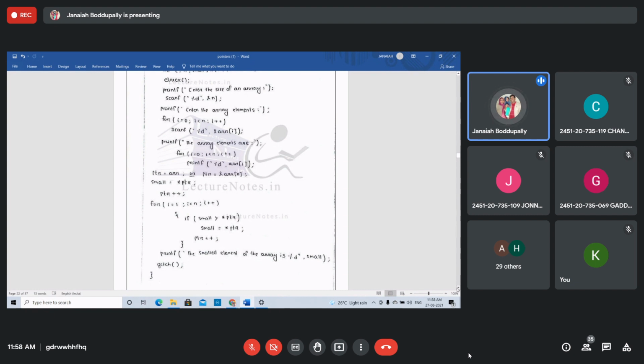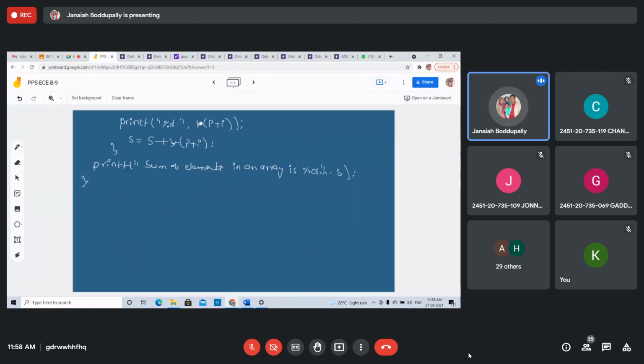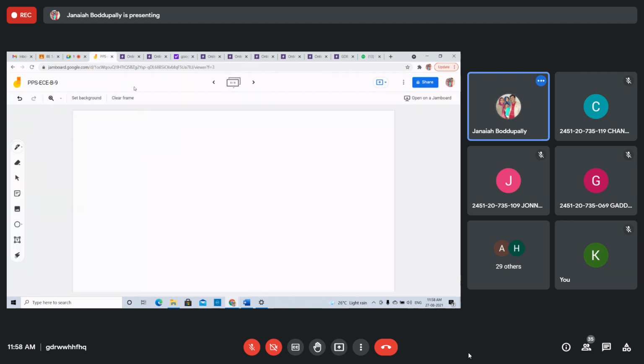Okay, this is about the one-dimensional array. How to use the two-dimensional array using pointers? Pointer to two-dimensional arrays, right? It is taking more time, students, right?